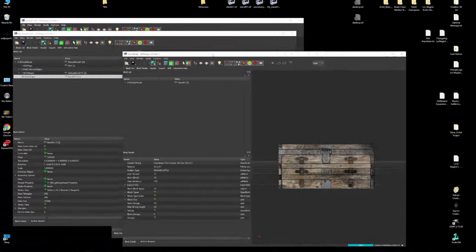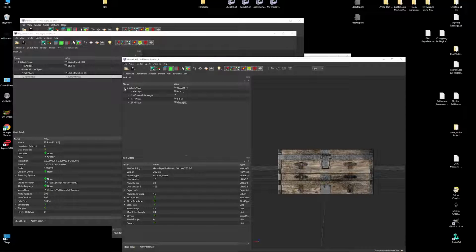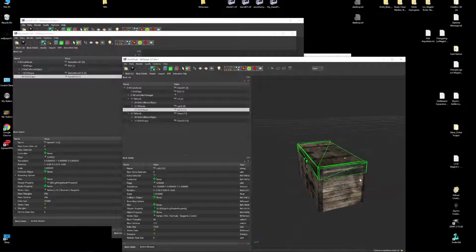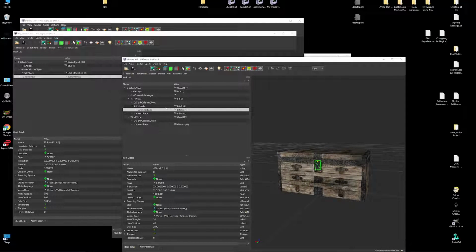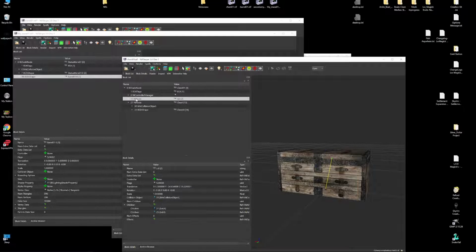I want to put a chest. Now, I'm going to show you something with the tree. These are called tri-shapes. The actual shapes of the box. I think even the latch has a tri-shape. They all fall under either a 9 node, which all a 9 node means is a category, or a form of category to move the object around, to be able to put multiple tri-shapes into one category so you can move that around or animate it.